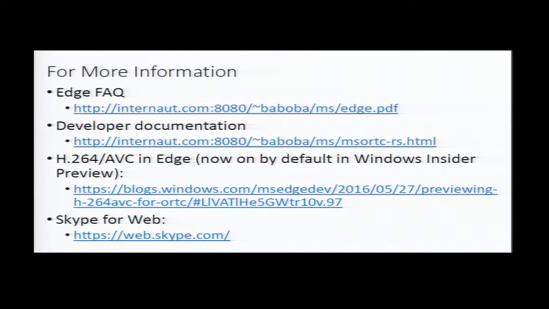And here's some places you can get more information. We worked with Chad to do an Edge FAQ on WebRTC Hacks, and there's an updated version that talks about where we are with respect to the latest preview. There are developer docs that tell you all about the ORTC API and exactly what's there and any variances with the ORTC API spec, a blog about H.264 ABC, and then Skype for Web, which actually runs now on Edge